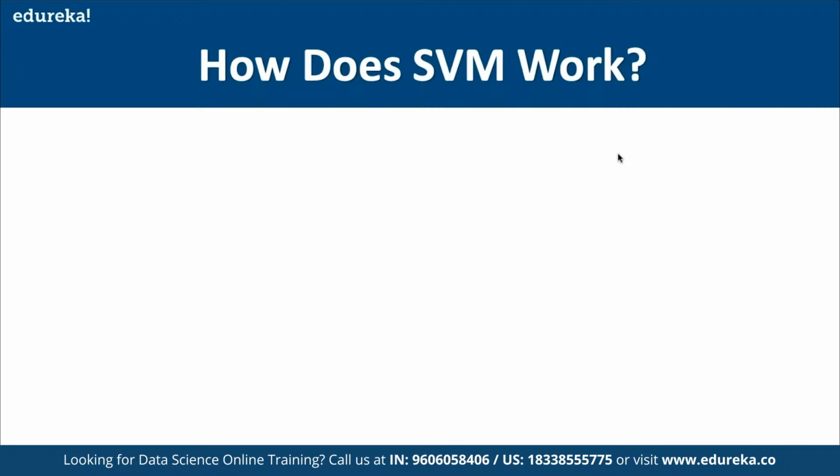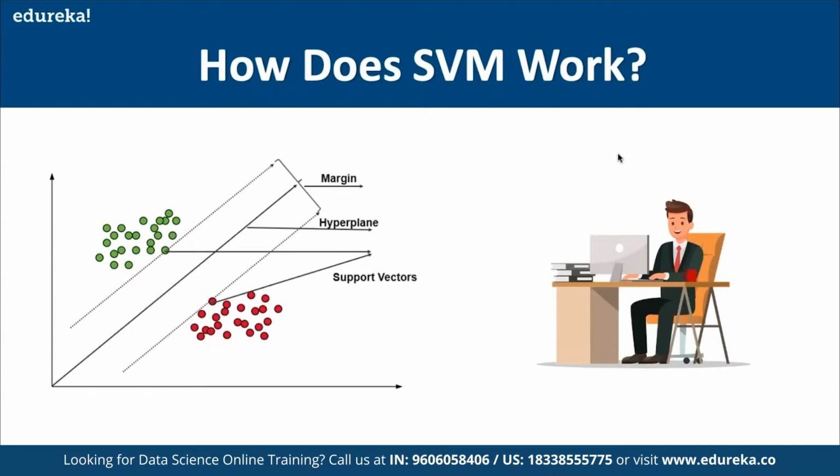And how does SVM work? The main objective of a support vector machine is to segregate the given data in the best possible way. When the segregation is done, the distance between the nearest points is known as the margin. The approach is to select a hyperplane with the maximum possible margin between the support vectors, as we can see here that has been presented.